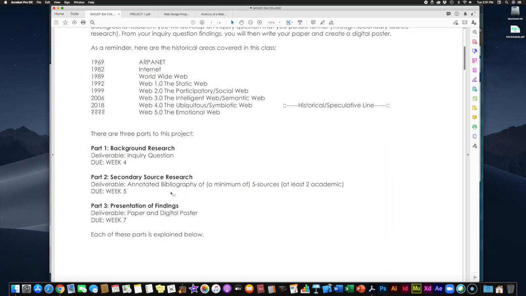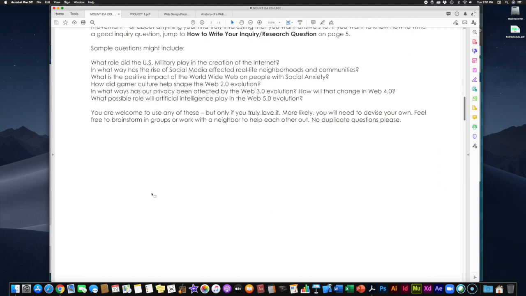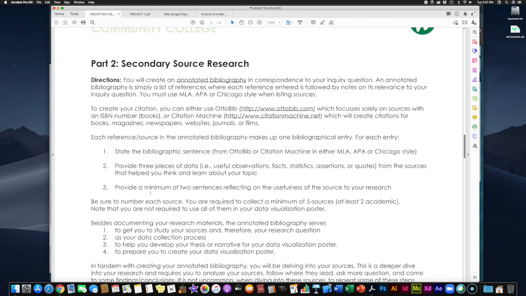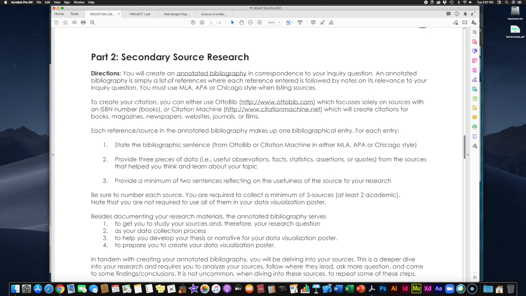Now, for more details on what part 2 is, of course, scroll down to the part 2 section of the handout, secondary source research. This goes over exactly what you're doing. You're creating an annotated bibliography, which corresponds with your inquiry question. Of course, an annotated bibliography, if you're not familiar with it, really simple, is just a list of your references. Each of your references is entered into your notes in your Microsoft Word document or your Google Docs document or your Apple Pages, whatever you're using for